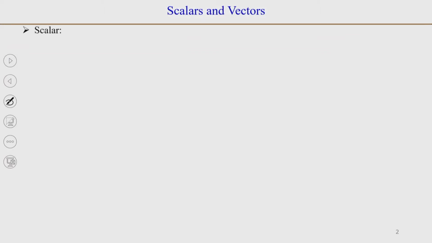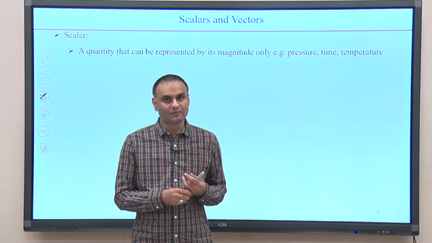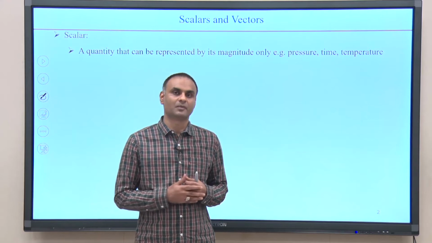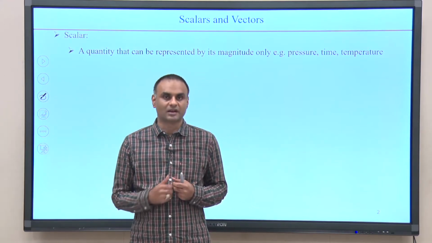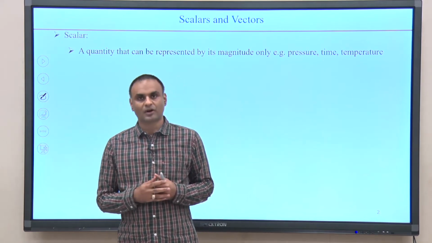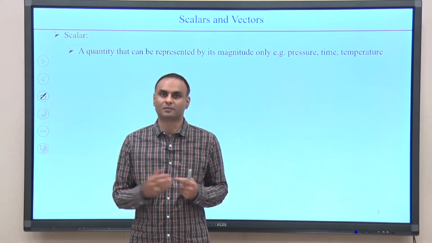The definition of scalars. So, scalars are the physical quantities. To represent them, if we just need the magnitude of the quantity, we call them scalars, and we have learnt about it long ago. So, some examples can be time, for example. We do not need to define a direction to represent time. Pressure is again a scalar quantity. Temperature is a scalar quantity.